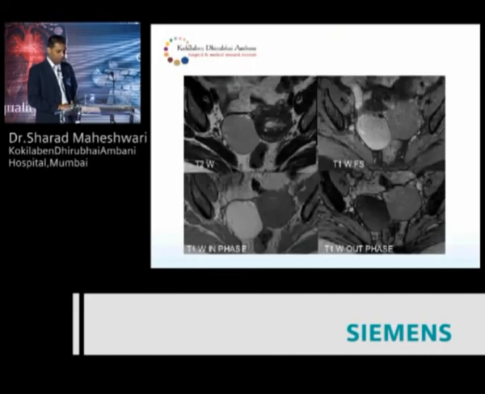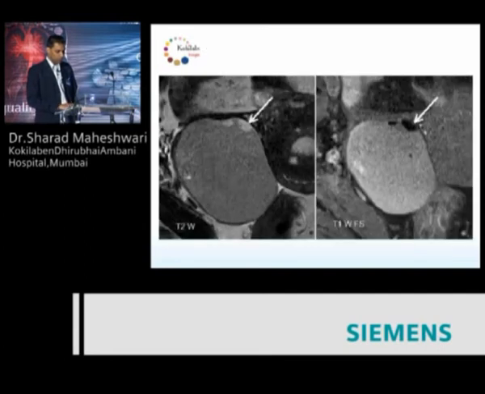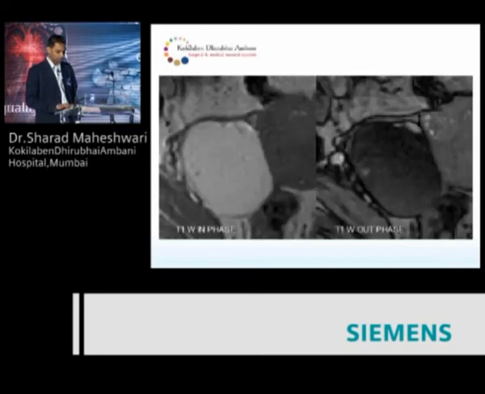Now characterizing fat, this is actually a dermoid. This is T2, this is T1 in phase, T1 out of phase, T1 fat suppressed. You see two components. On T2 there is a bright area on the top which suppresses on T1 fat suppressed, so this is macroscopic fat. This area is a little hypo on T2, hyperintense on T1 in phase, drops on T1 out of phase. So this is microscopic fat. So in the dermoid you have both macroscopic as well as microscopic fat.